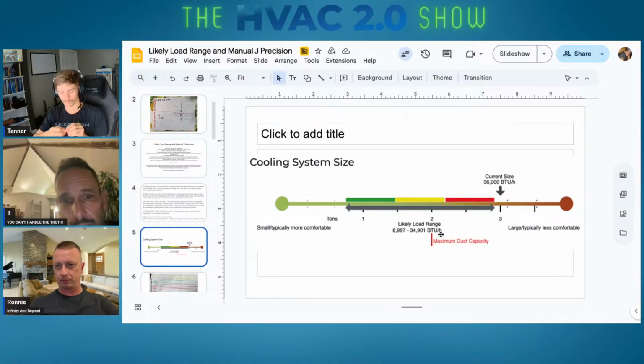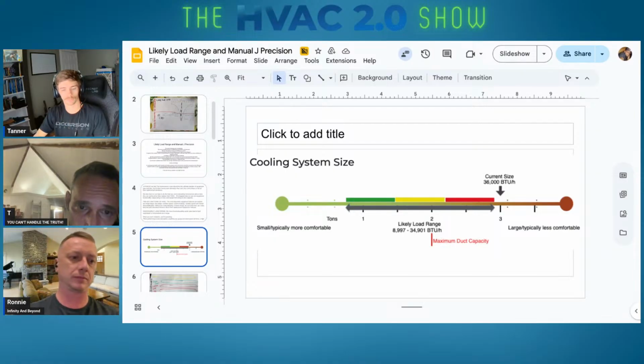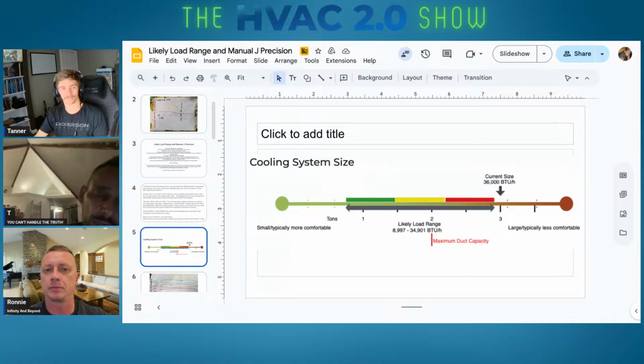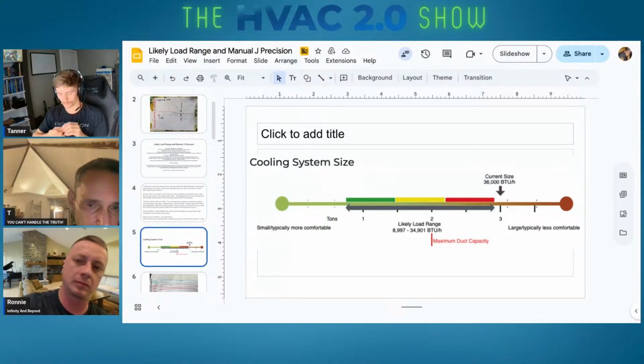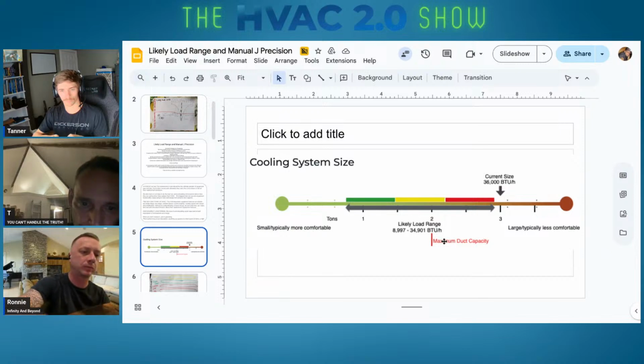And at the very worst, not to size beyond maximum duct capacity, because if you have single stage equipment and you size beyond maximum duct capacity, it's going to always be running beyond maximum duct capacity. Now, you get a little bit of flexibility if you sell two stage, but I wouldn't go too far away from this,